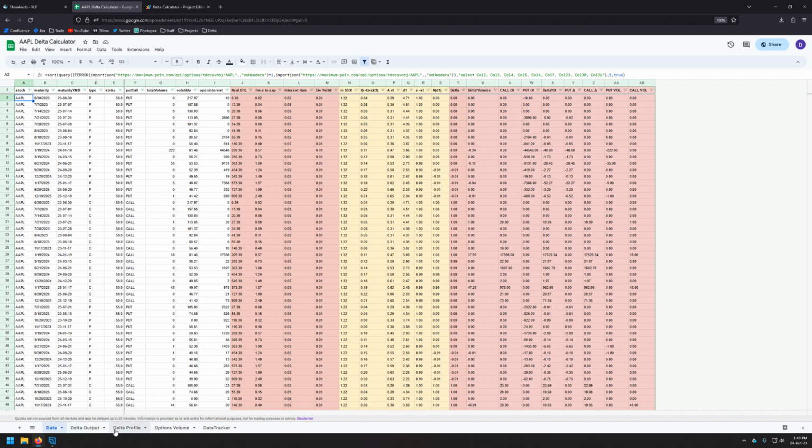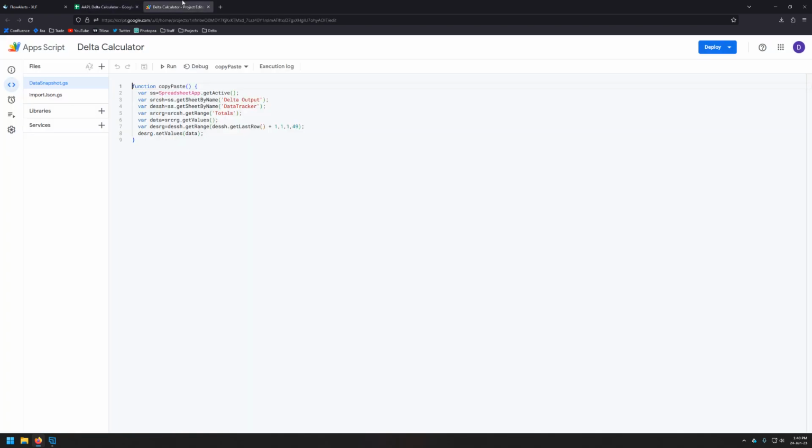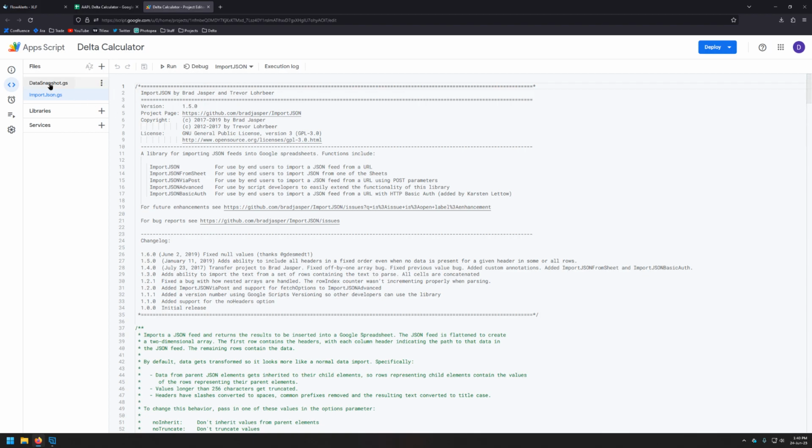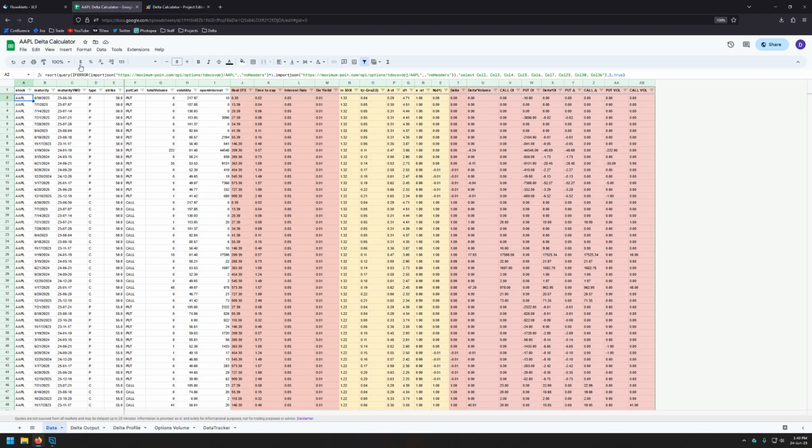Maybe you're interested in a specific name and don't have the Delta document for it. If you want to copy, this is how you do it. So first of all, this is based on scripts. There's an import JSON string. I get the data directly from